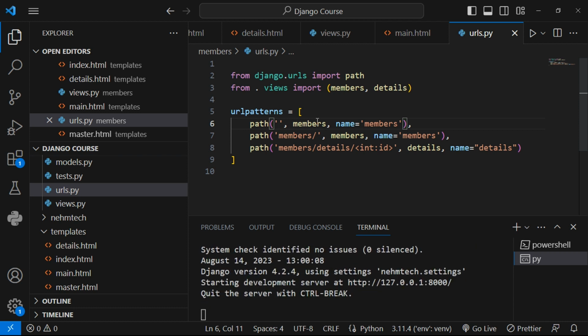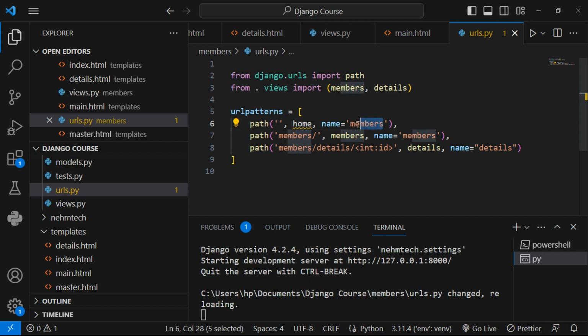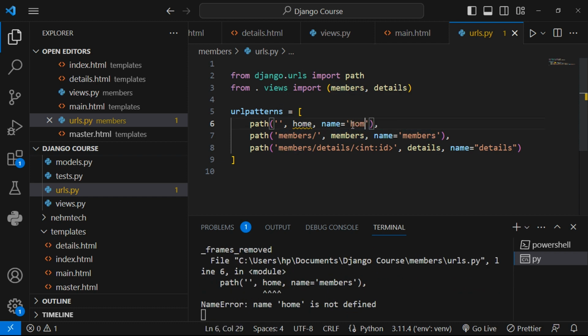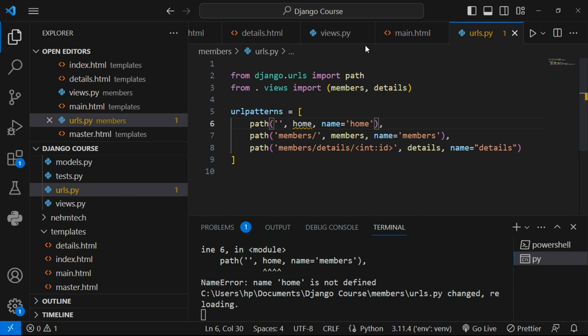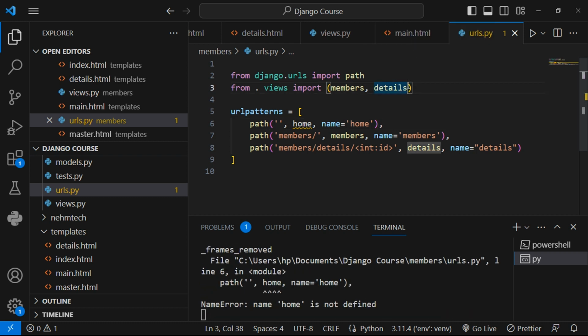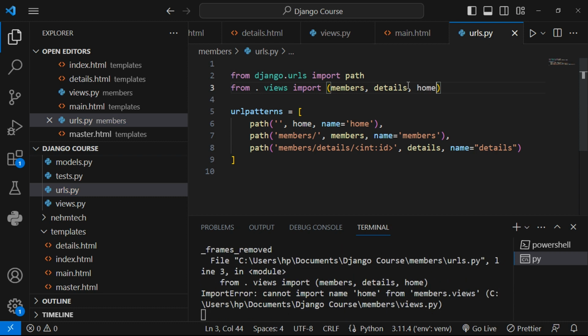go to home. Let me go to home, then I can call it the name, I can give it home also. I can call it home. Now let's create also, let me add it here home, and then